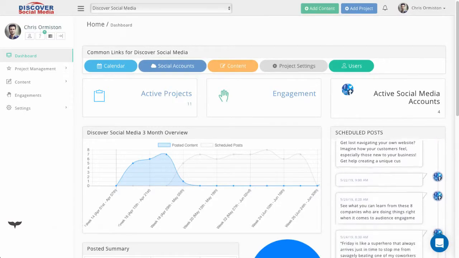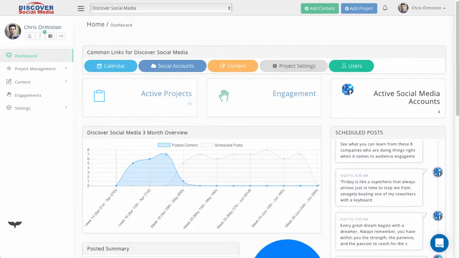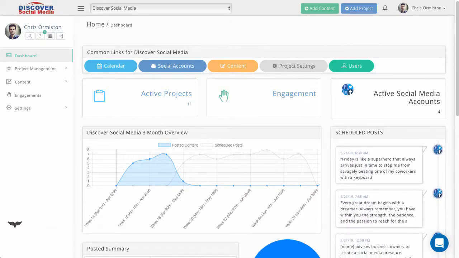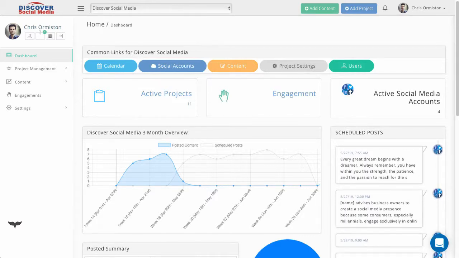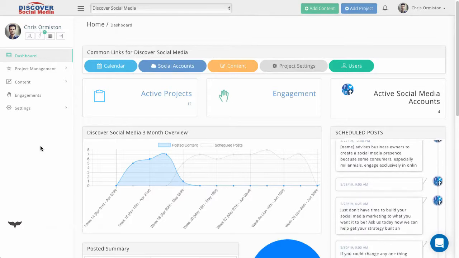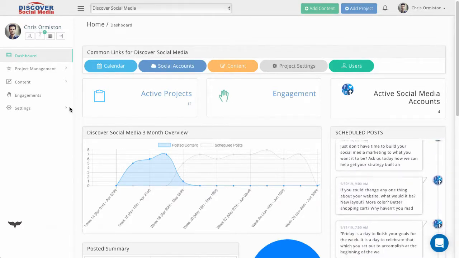So what you're looking at right now is our administrative dashboard that we use to manage the content, to get everything scheduled out, things like that. I just wanted to take you through a couple of areas in here that I think you might be interested in. And the first one is, where and when do we post? That's one of the main critical things that we do in the system, which is pretty cool.